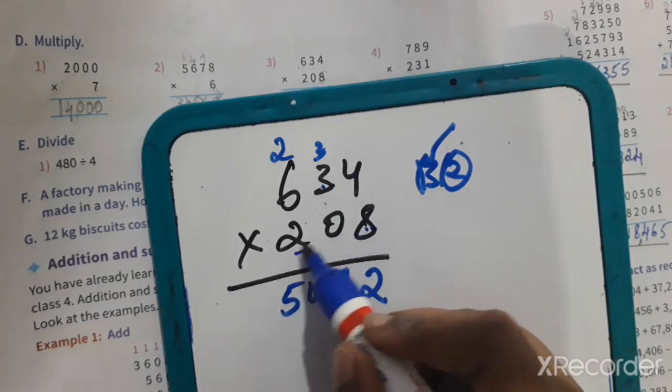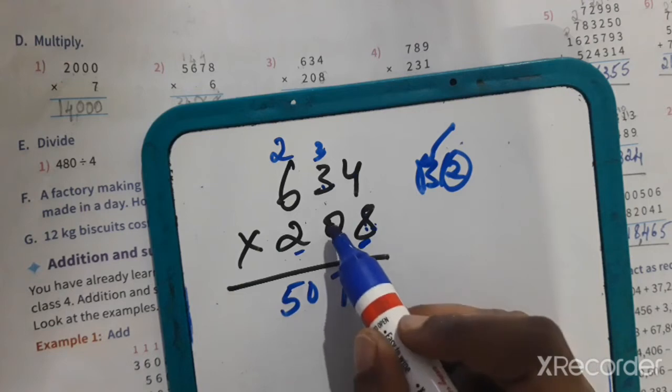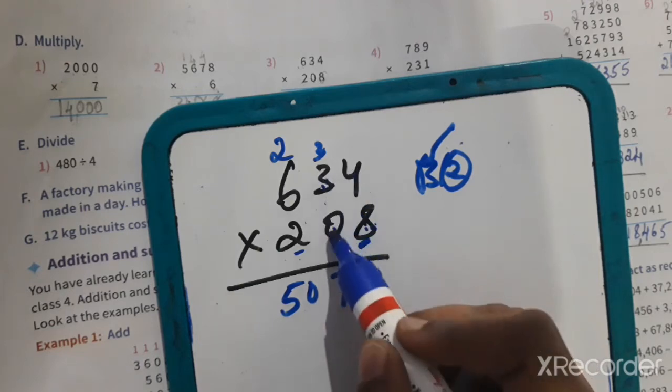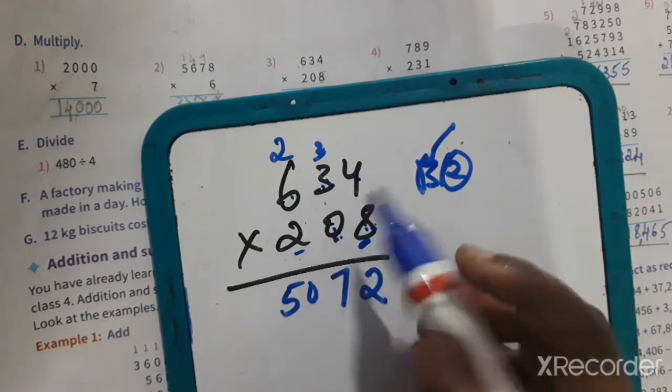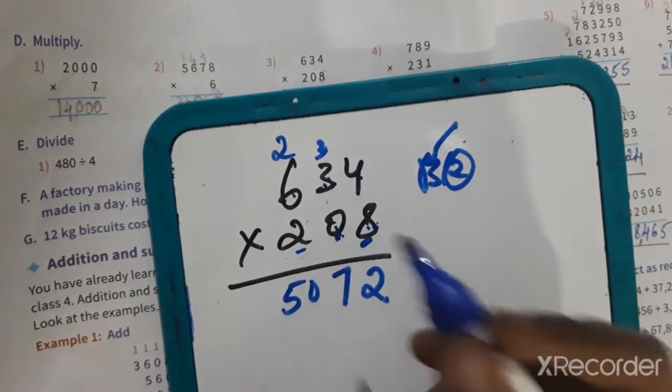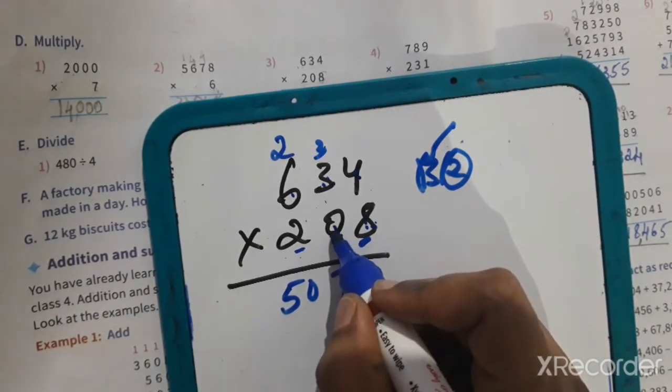So with the second line, first number multiplication is over. Now we have to multiply the second number. 0 with 4, 0 with 3, 0 with 6. Okay, 0 into 4. This is in the tens place. So we have to convert into tens place. So in the ones place we have to write 0.